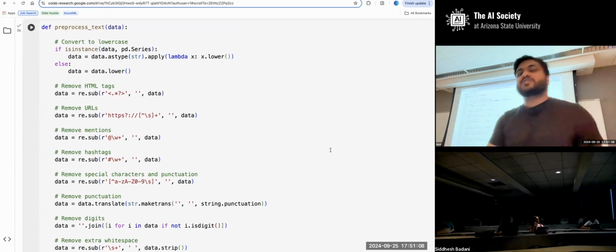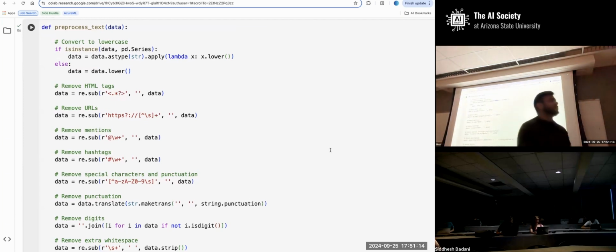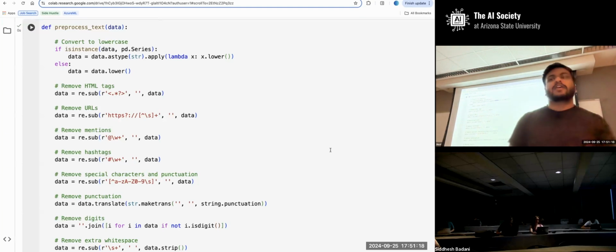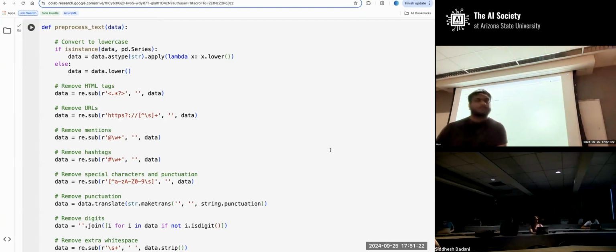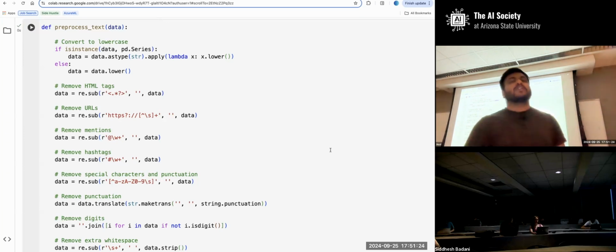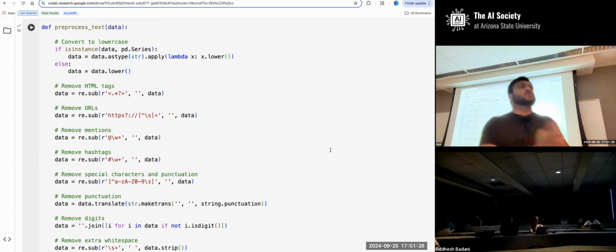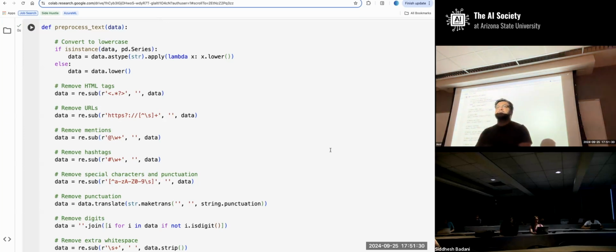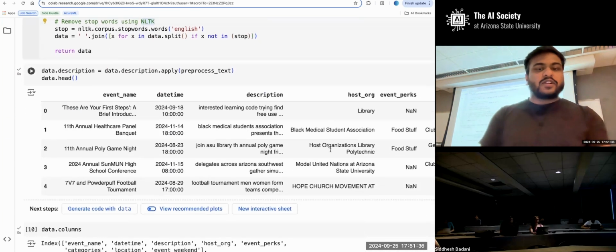And just to get a gist of what we did so far, we got the data set from the ASU website, we scraped it, and in the initial two workshops, we performed the data cleaning, the feature generation, and data visualization. And here we are trying to convert this text data into features we can use for a machine learning model, because machine learning only understands numerical values. So after that,